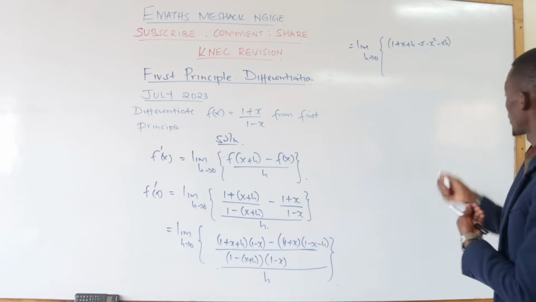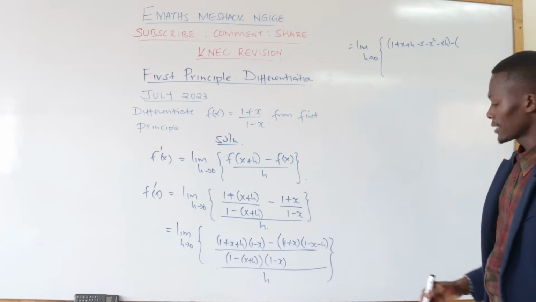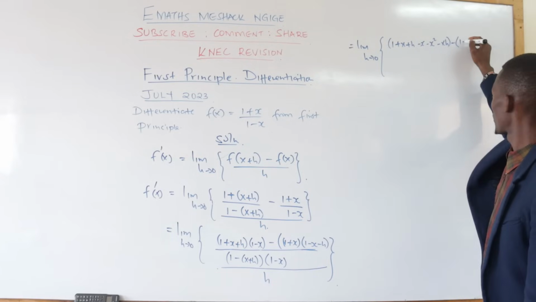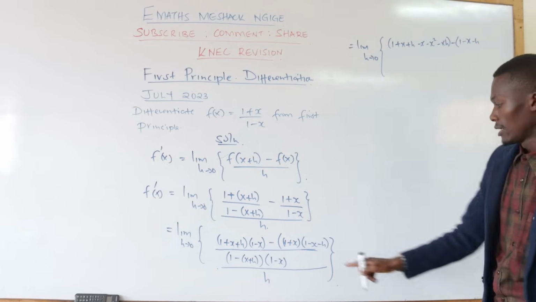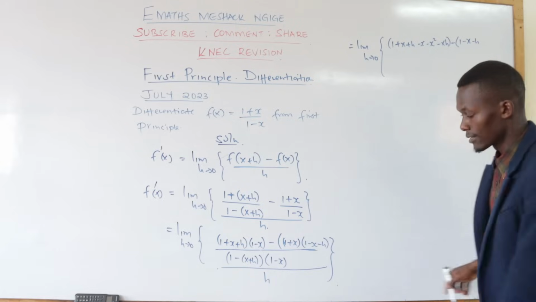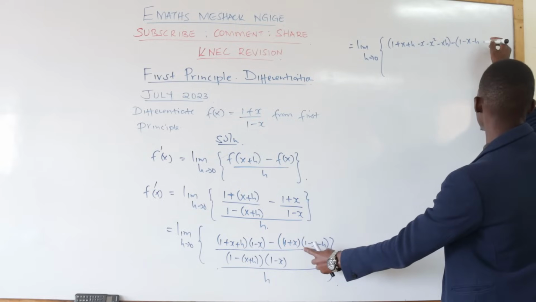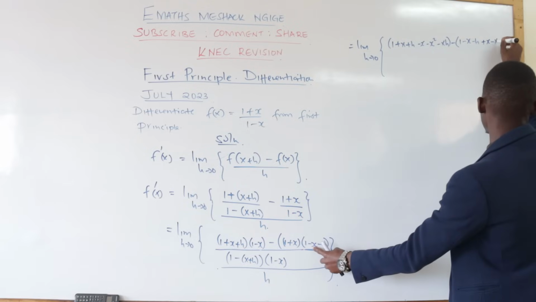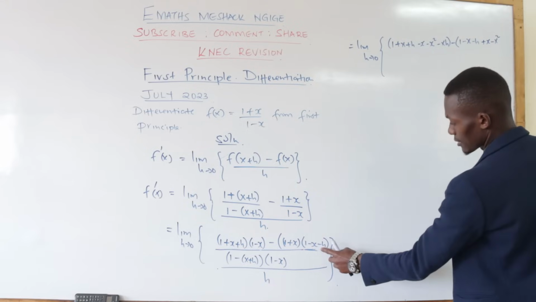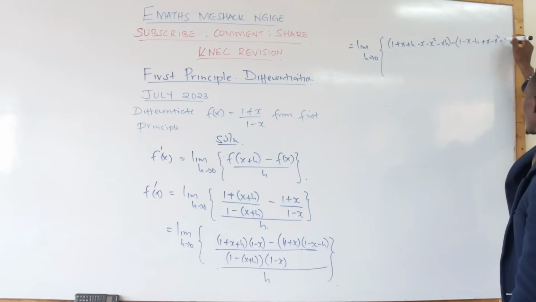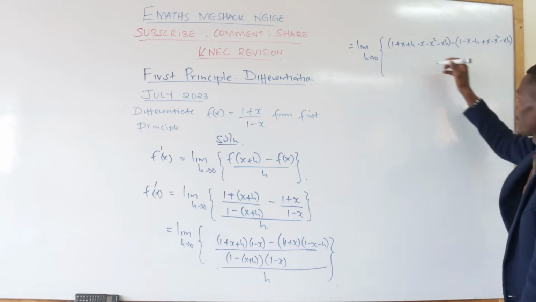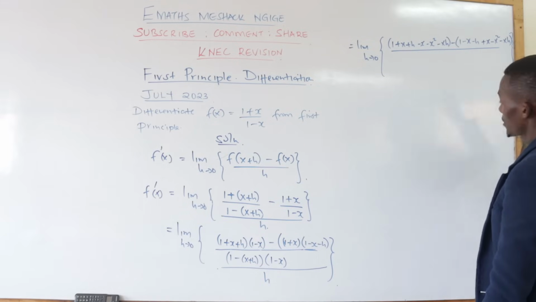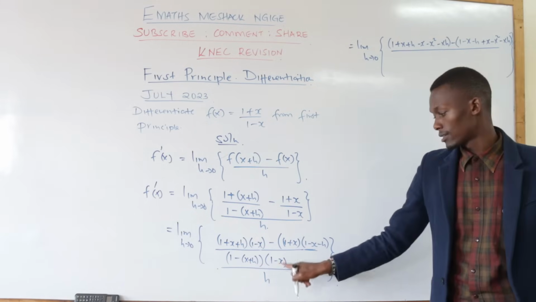So we have minus, then into bracket. So this one again opens everything. So we shall have again 1 minus x minus h. Then x again multiplies everything. So we have x times 1, which gives you plus x. x times negative x is minus x squared. x times negative h gives you negative xh. Then all over, you can have a bigger bracket, all of us, then this just drops down